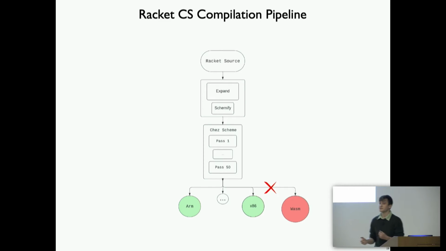And so each of these passes you can think of at a high level as functions from an intermediate language to another intermediate language. As you walk through the passes, each pass is consuming an intermediate language, doing some transformations, and outputting an intermediate language. Sometimes the same intermediate language, sometimes a different one. And we get all the way down to the last level, the back end of the back end, so to speak, and that's going to be doing the instruction selection. That's structured as an interface, because you can see at the bottom of this diagram here, Chez Scheme is retargetable in that it supports multiple different ISAs, including ARM, x86, et cetera.